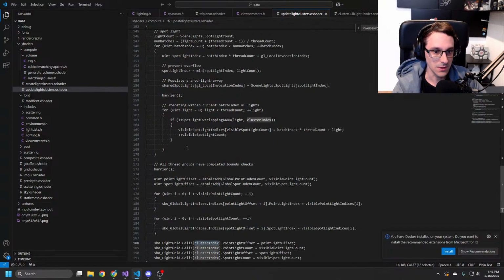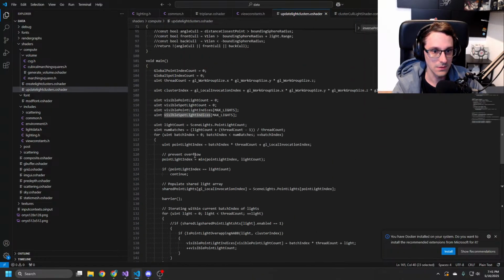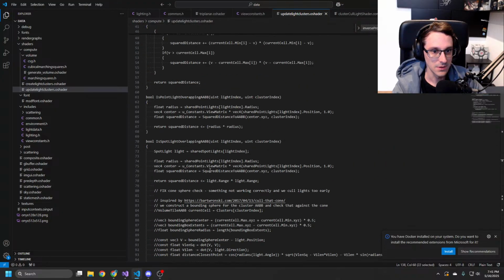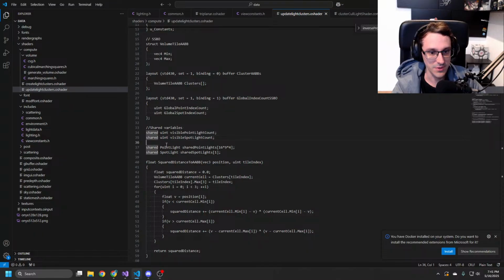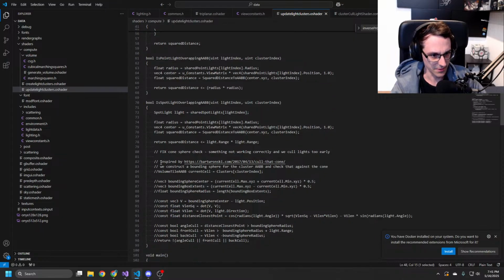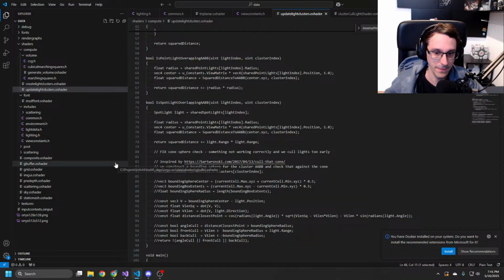What I mean is, we have this visible point light indices and this visible point light count, but then we have this shared stuff up here as well, which is kind of weird. So I will remove that, which is something I noticed just today, that we had that double thing.